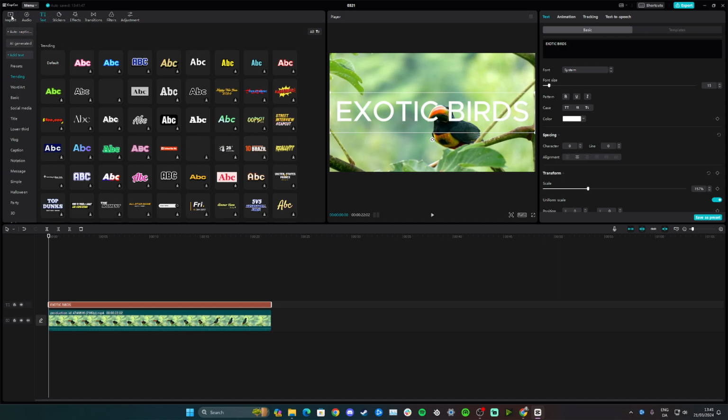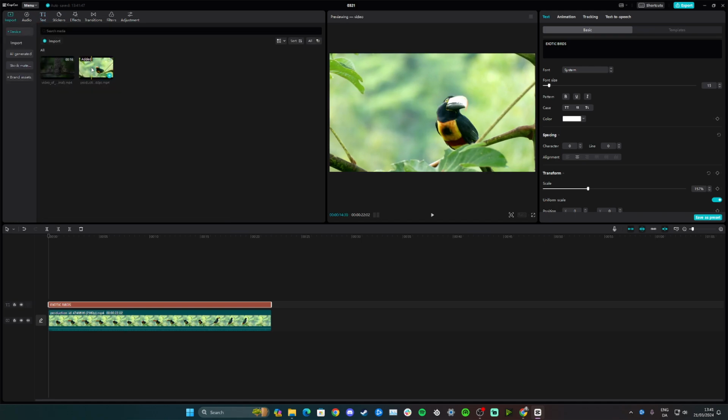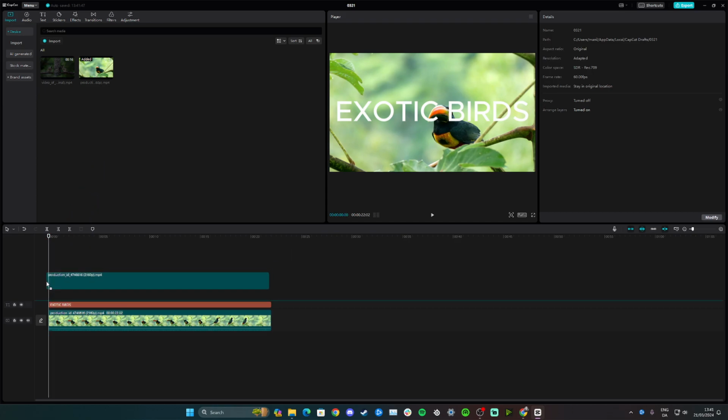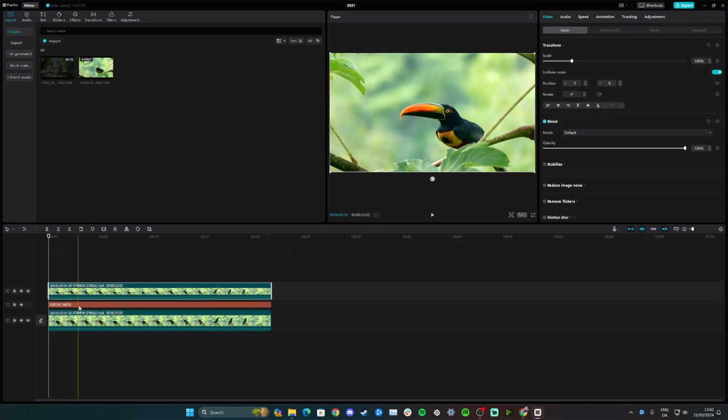Now go back to import in the top left corner and go down to the same video again and add it as a layer by dragging it on top of the text here. So you want the main video, then the text to be here, and then the duplicate of the video on top. Next step is to click on the video and then go to video and then go to remove BG